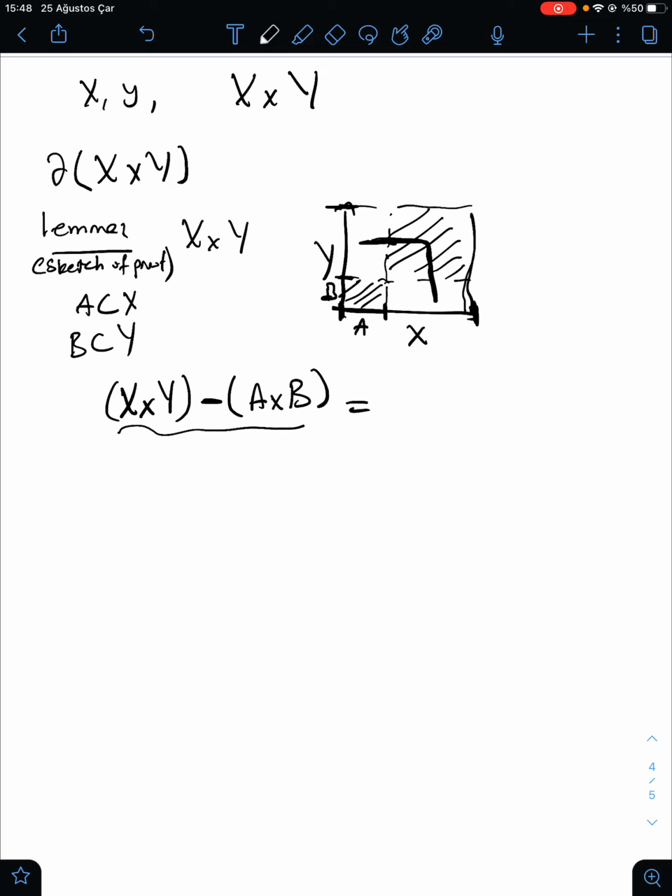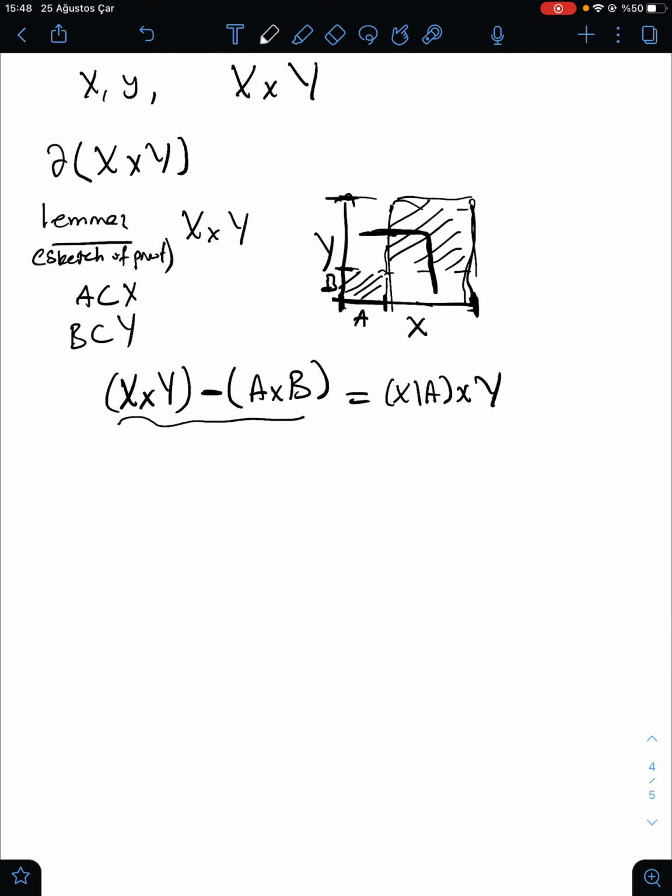How do you write this little square, not square but rectangular box? It is X minus A, right? You write the first Cartesian product with the whole Y, and you end up with this rectangular box, but you are still lacking this little part. So you unite with